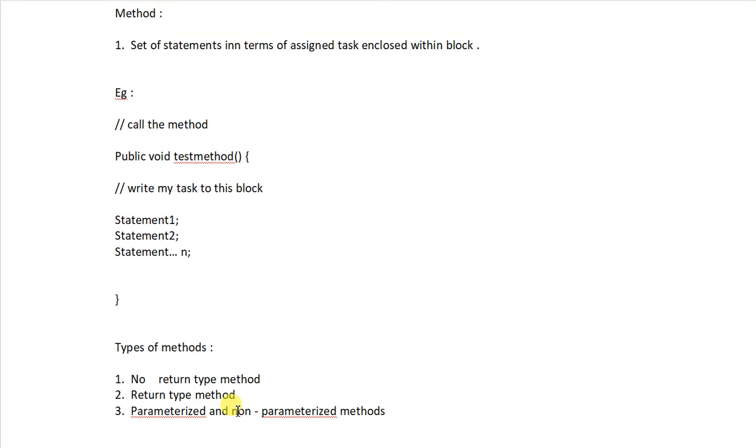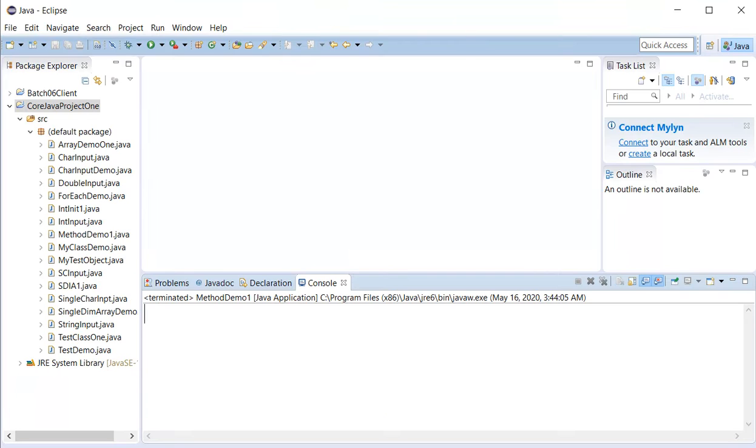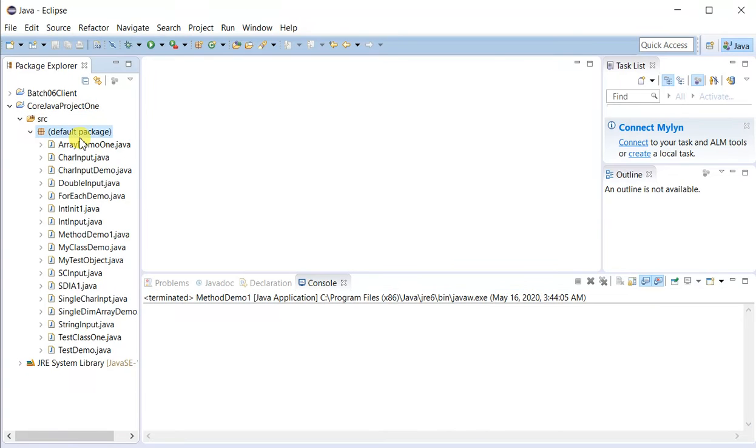Fine. So let us go to Eclipse and check how I can write my own method and where I should define it.